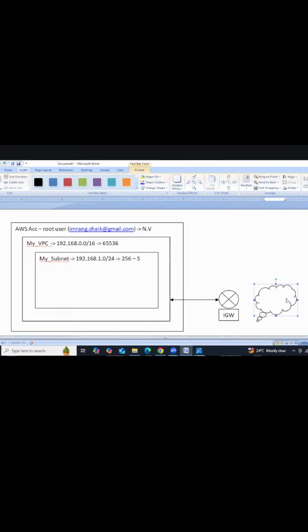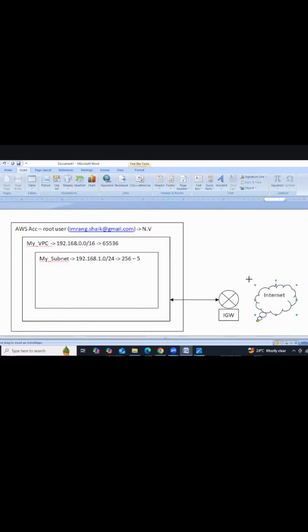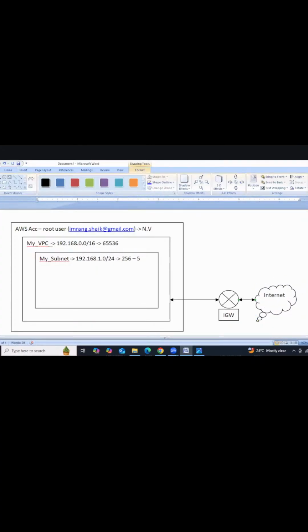So this is internet connectivity. We are trying to add this IGW to communicate with the VPC with the help of the internet. You are sending a request to the internet, right?